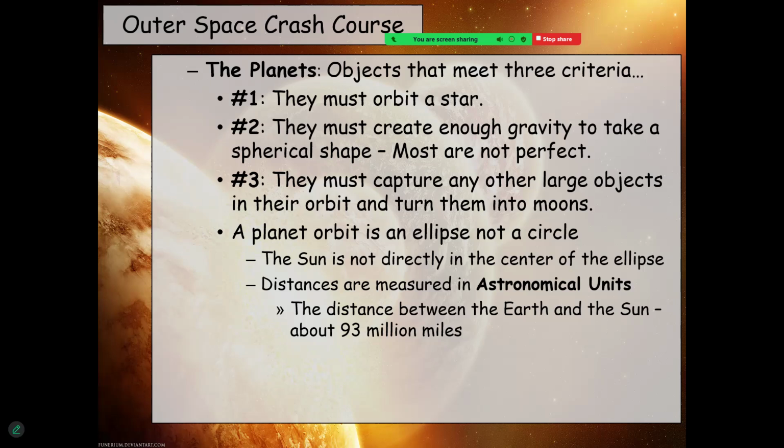The distance between the Earth and the sun, one astronomical unit, means that any planet that is closer to the sun than us is less than one astronomical unit away. And any planet that is farther from the sun than us is more than one astronomical unit away. Of course, there are actual numbers attached to those, but as a generality, we're right at one astronomical unit, and other planets are either closer than us with less than one or farther than us with more than one. I hope that makes sense.